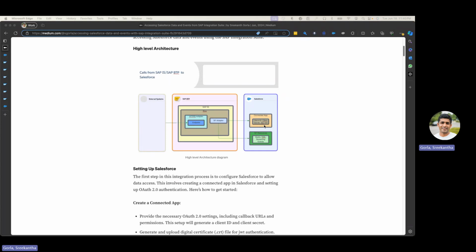And if we want to use JWT authentication, we can generate a certificate and append it to the connected app, and pass the private key to the SAP Integration Suite. So that's how. And we need the Salesforce user that will access the resources in Salesforce from the